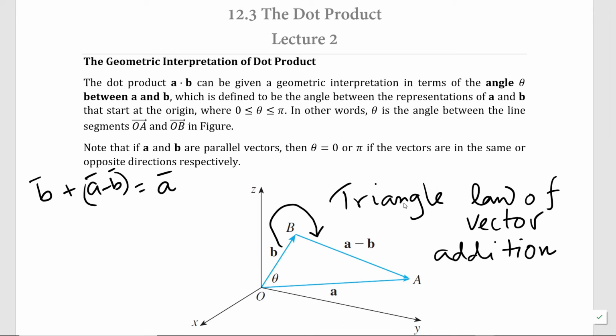If theta is the angle between the vectors, then the square of the magnitude of this vector, AB, is equal to the square of the magnitude of this side, OA, plus the square of the magnitude of this vector OB,